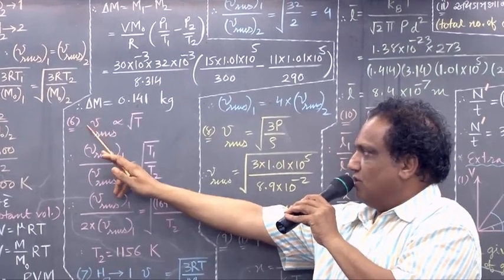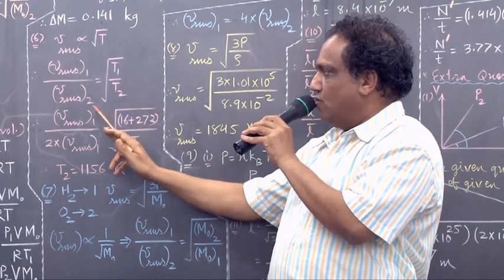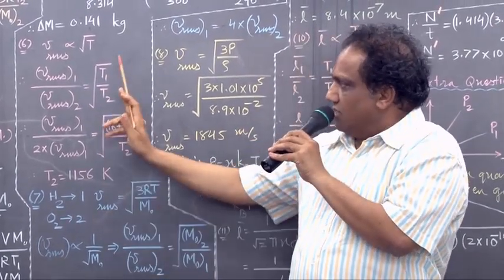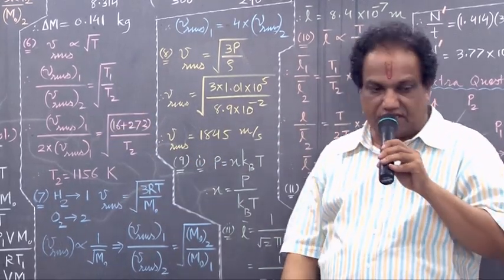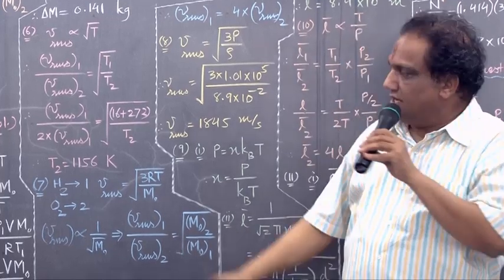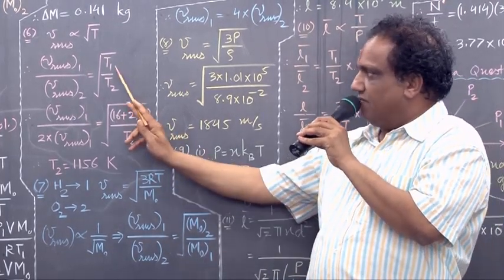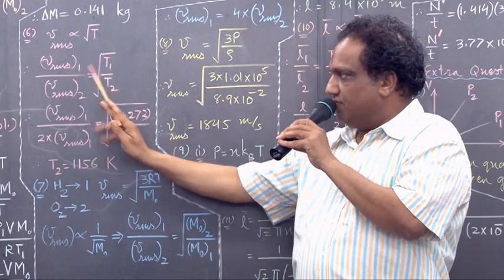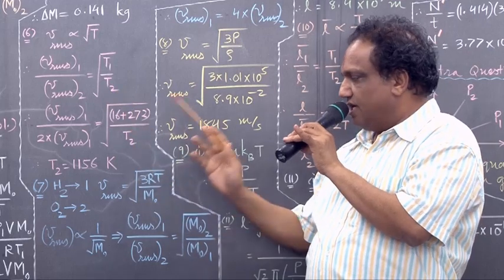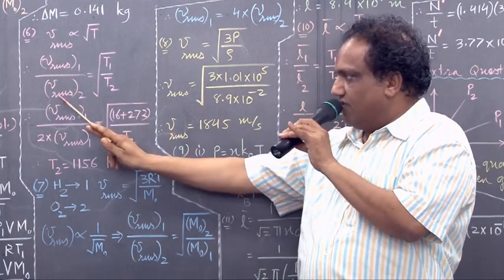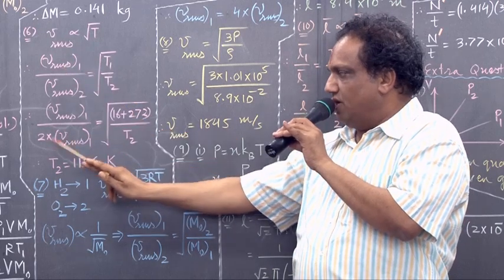Now, because it is direct proportionality, I can write the value. At first temperature, they are given 16 degrees centigrade. Degree centigrade to Kelvin, add 273. At that time, the value of VRMS is VRMS1, which we don't know, let it be as it is. At second temperature T2, this value of VRMS becomes double this, so I am writing 2 into VRMS1.